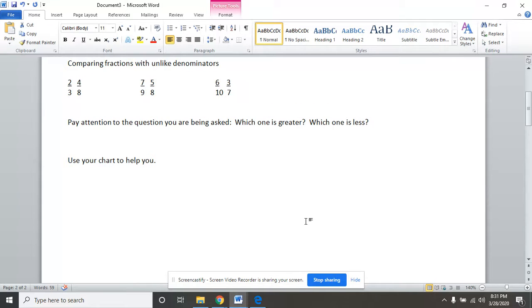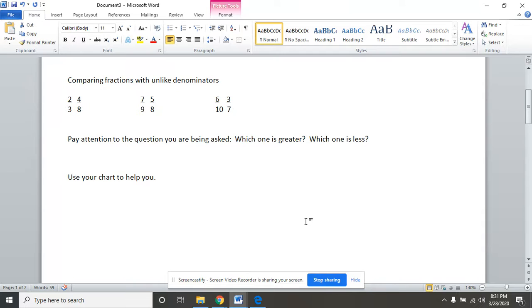One other thing I want to say real quickly, because the video is going to end, is you can also compare them to a half. So if you looked at this one and you said, oh, well, I know 4/8 is 1/2 and 2/3 is bigger than 1/2, then you would automatically know that this one is greater. So when you do